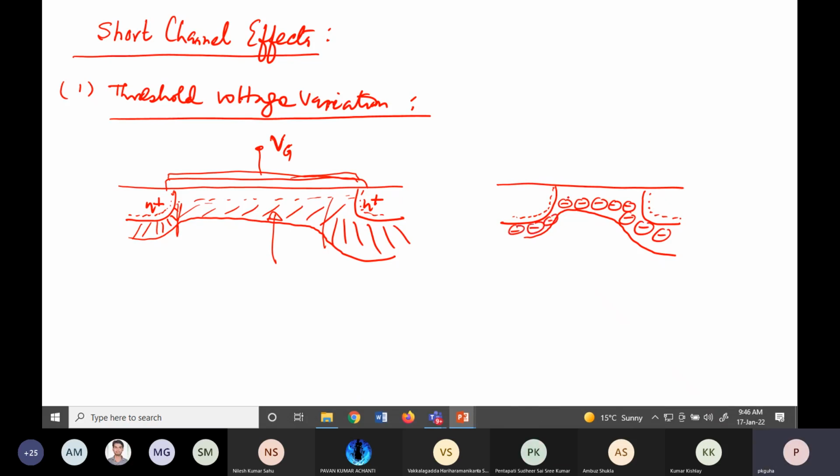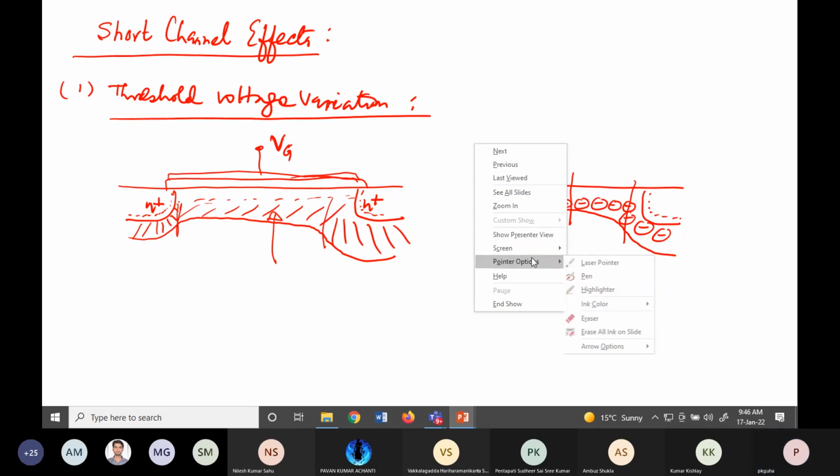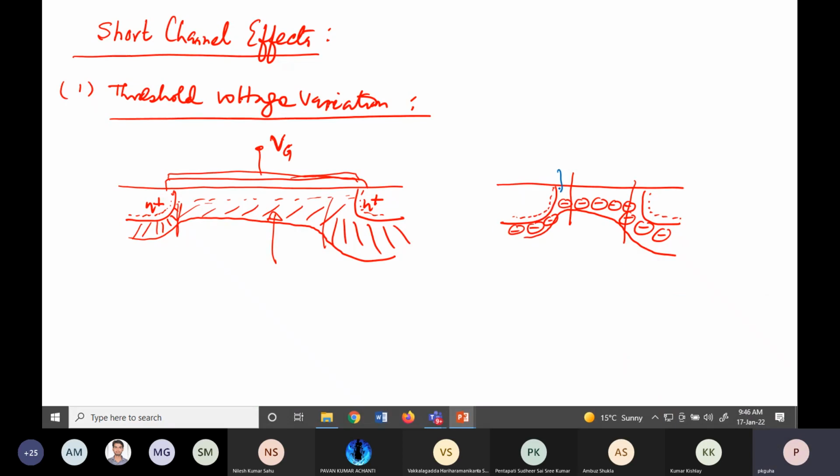Now you see, the immobile charges here and here are being imaged by the immobile charges in source and drain. This is true here also, but in the long channel,